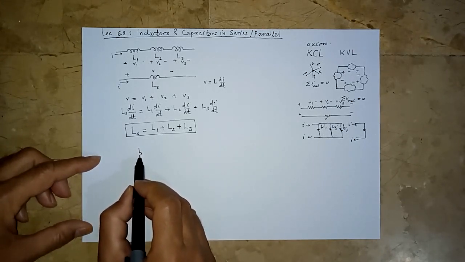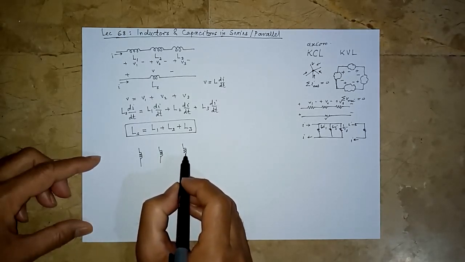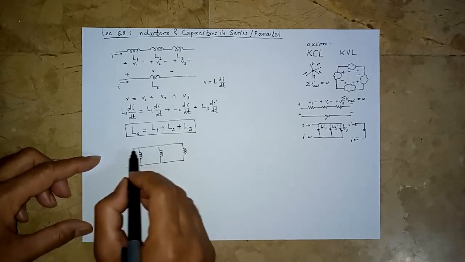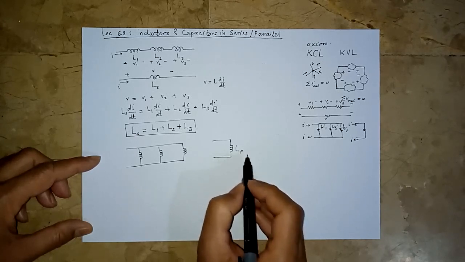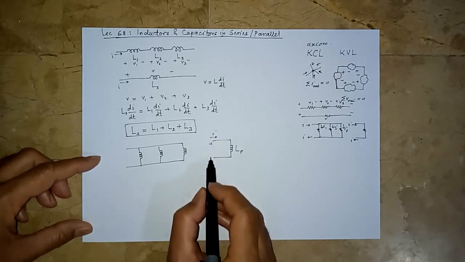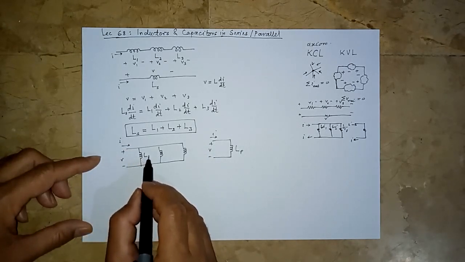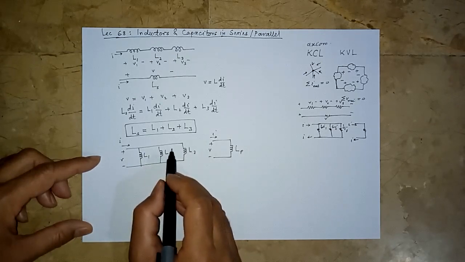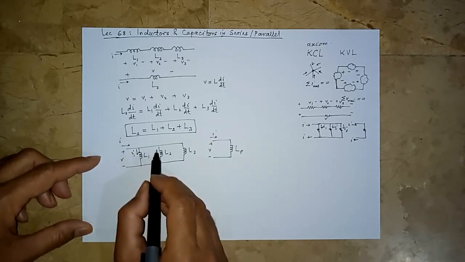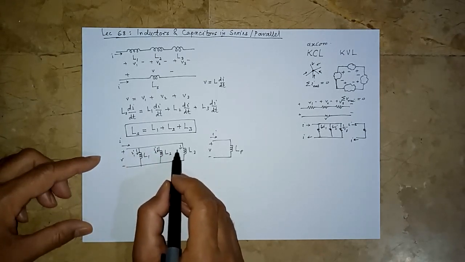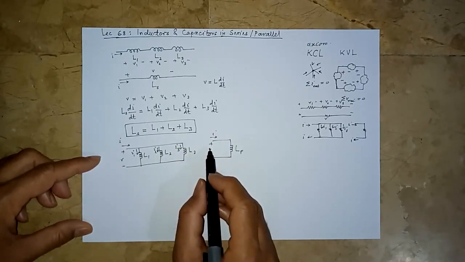In parallel, when we have several inductors in parallel and we want to find their equivalent, let us say LP, we know this current and this voltage must be the same as this current and this voltage. We have L1 here, L2 here, and L3 here, and all these voltages are the same, but these currents I1, I2, and I3 differ. And we know for inductors, when V is equal to L di by dt,